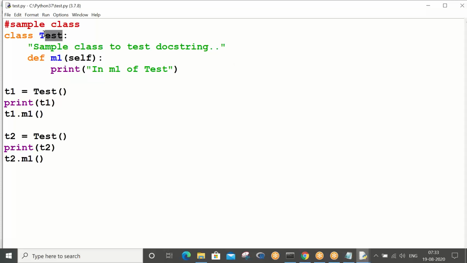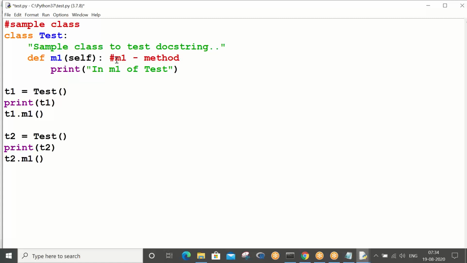Classes we write like this: class name, colon, doc string. It's a good habit to maintain for all classes, but since you are learning, you don't have to give it for all the classes. In real time it is always good practice to give doc strings, right? So what is this which I have defined internally? In the class, def m1 is the method name. Here m1 is a method.